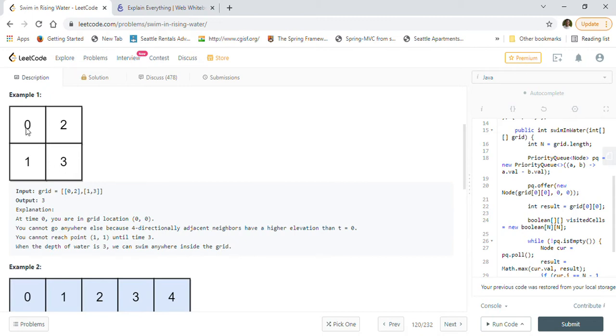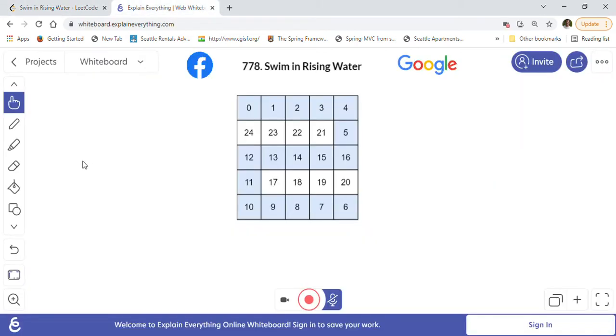We can only swim once the four-directionally adjacent cells have equivalent value. When they become equivalent we can swim. Let me show you this example, and then we can discuss the other example. This is a Facebook and Google interview problem.